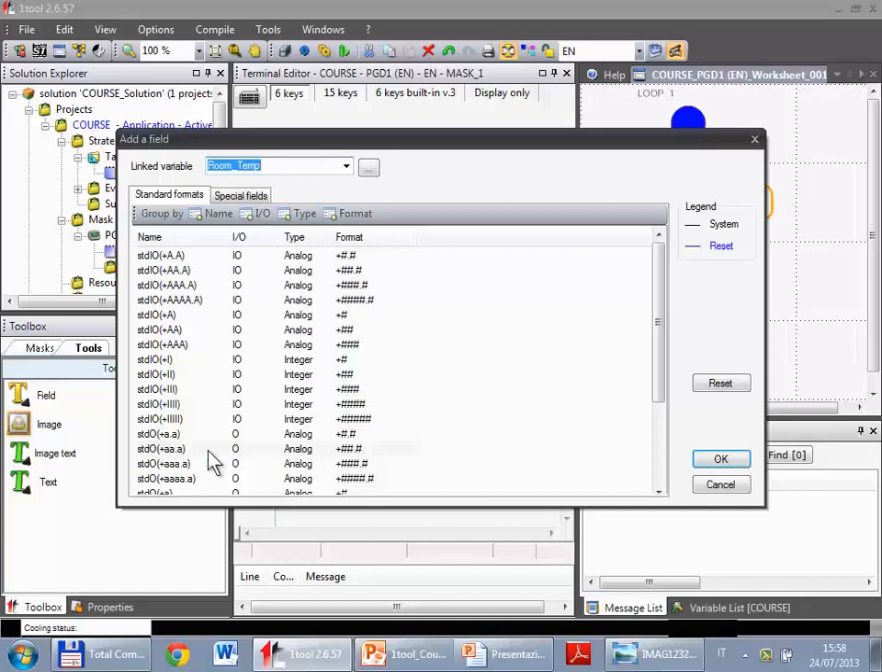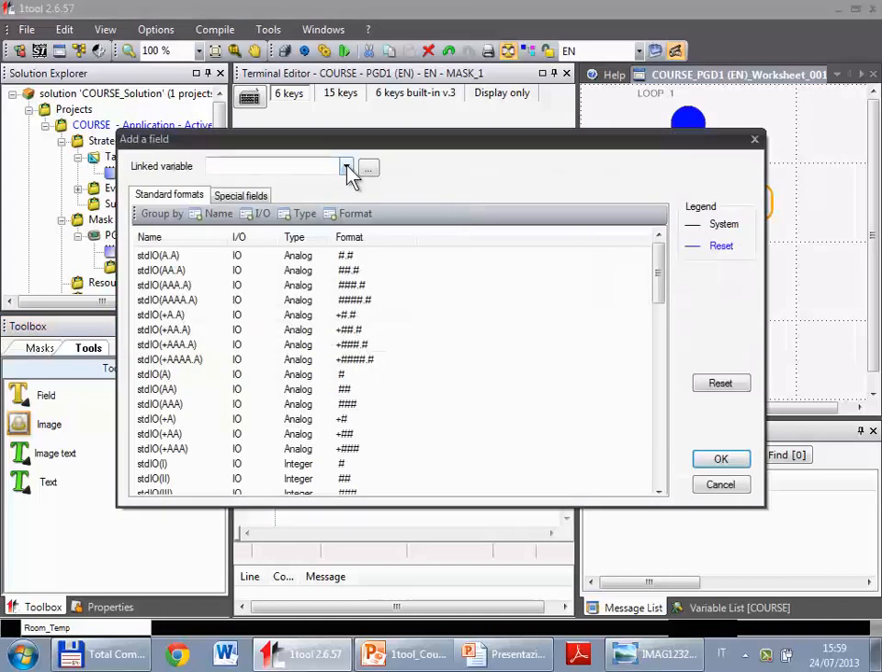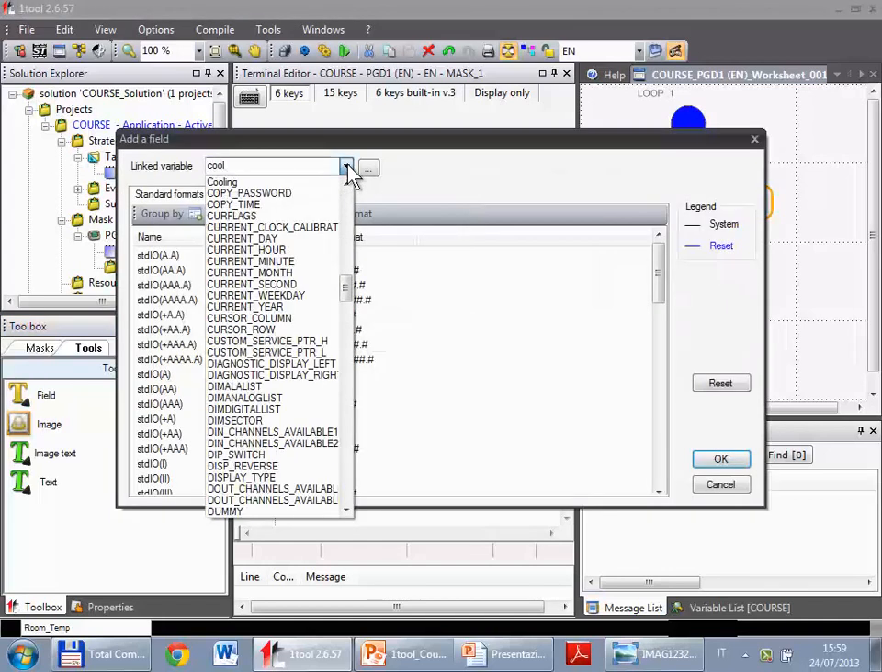You can see that there is a predefined format, the one that I selected when I created the variable. So normally you don't have to modify it. Normally you select the variable and then go straight to OK. Usually you can move it, that position is good, and repeat for the cooling. Click, move, release, here the variable, cooling,